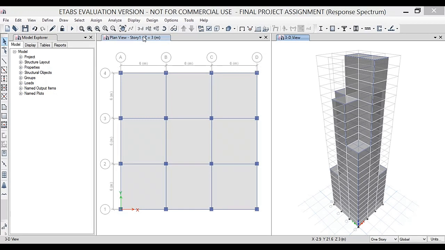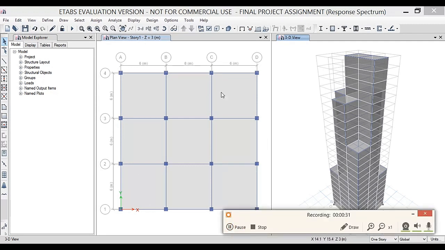After defining the material and section properties, I have carried out the seismic analysis by two methods, that is the response factor method and the time history analysis method, after which we can study the design of the various members of the G plus 23 story structure. So right now we will carry out the analysis of the seismic resistance structure using the response factor method.